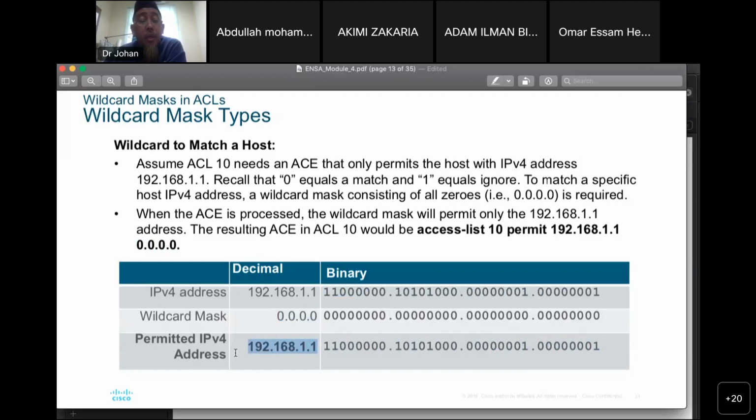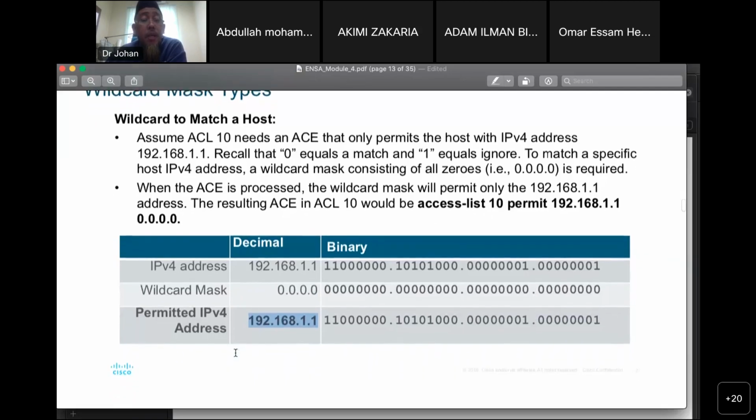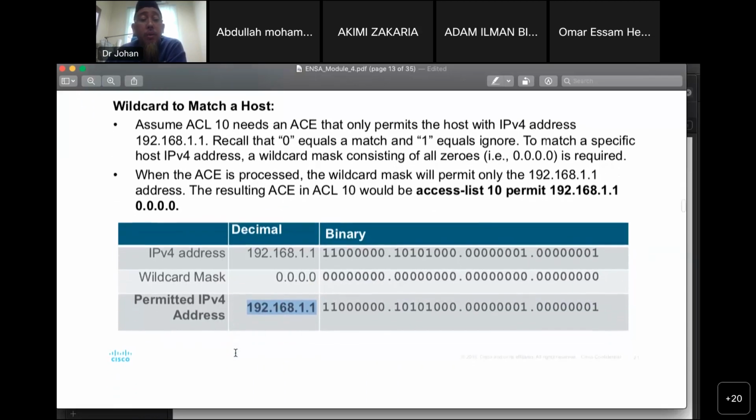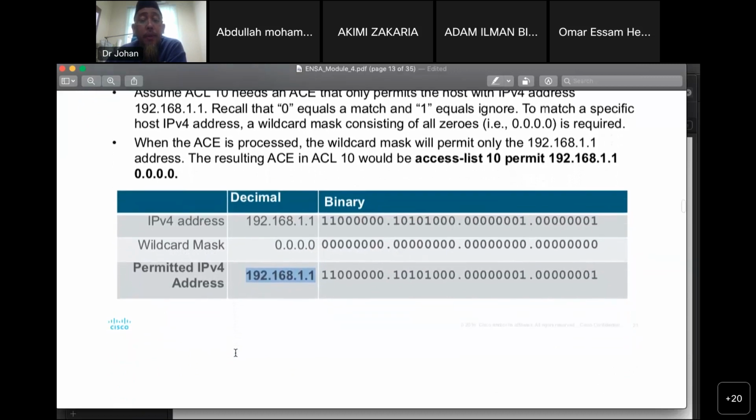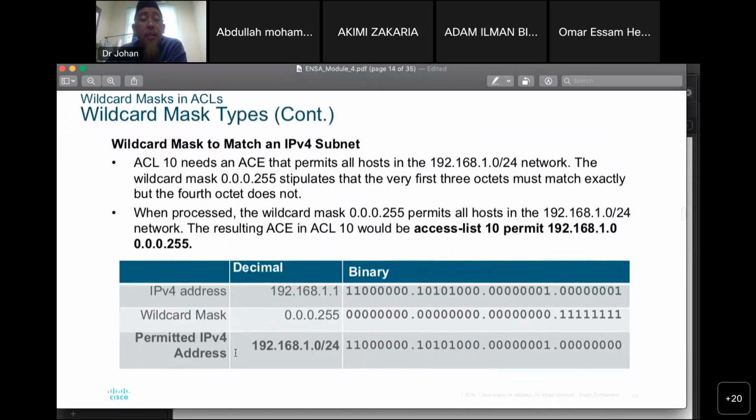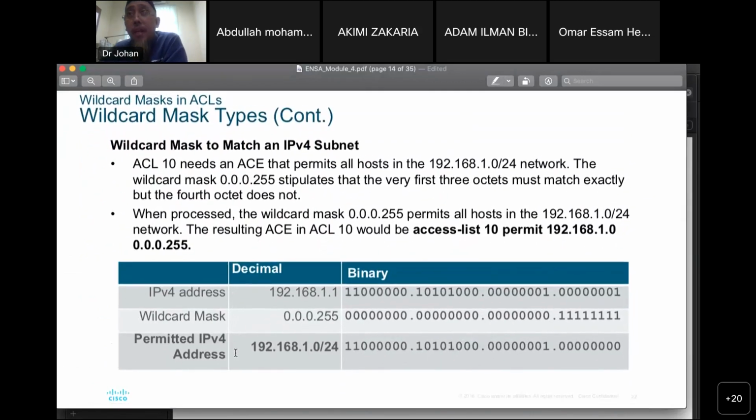So this is how we want to filter to a specific IP address. We need to use wildcard 0.0.0.0. The wildcard must match an IPv4 subnet, a certain segment. For ACL 10, for example,